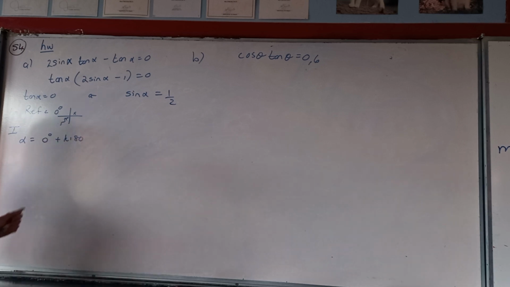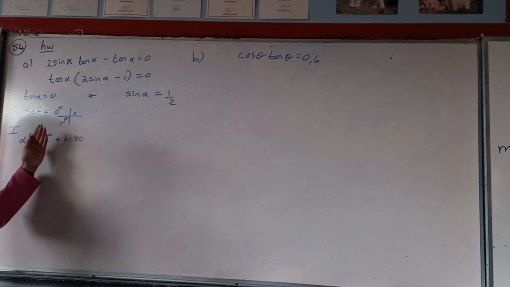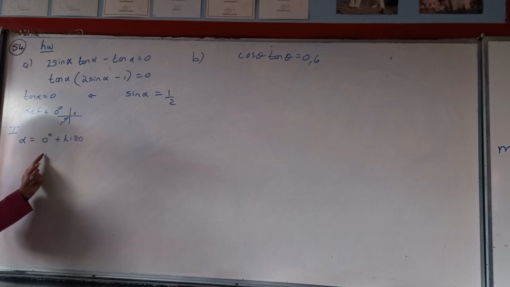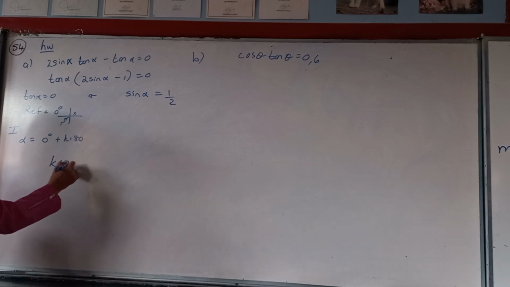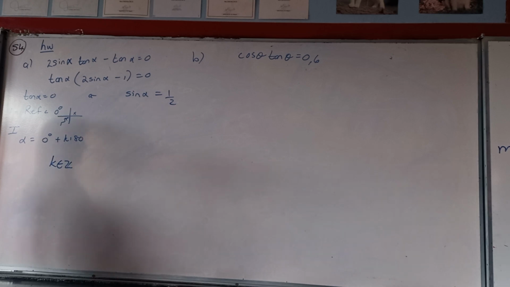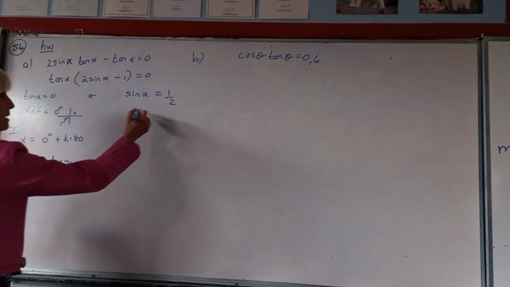Many people will just write k times 180. You don't need the 0. Because then the first time that you put in 0 for k, your answer will be 0. And then you're going to add and subtract the 180s as well. And then you just need to write k's somewhere in your sum. For that one, you're going to have reference angle of